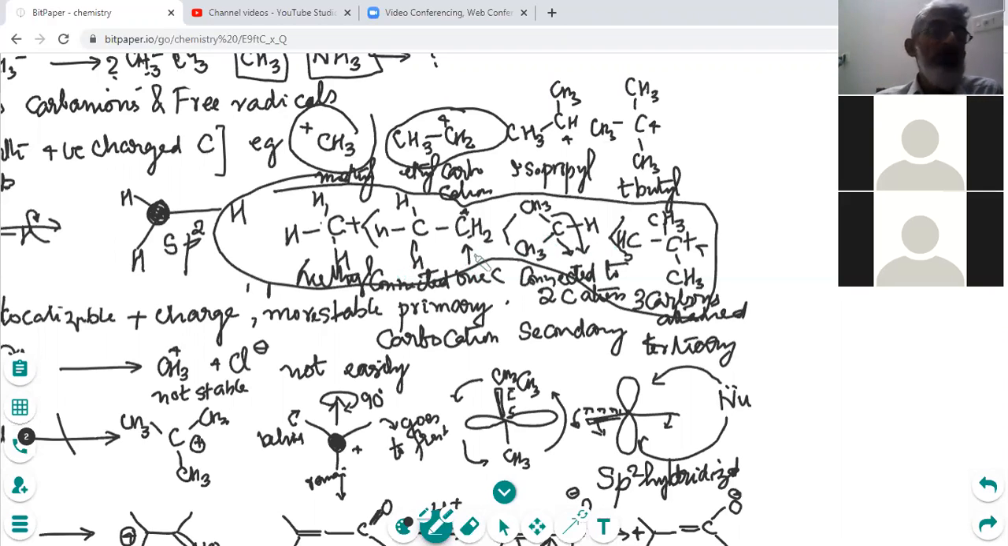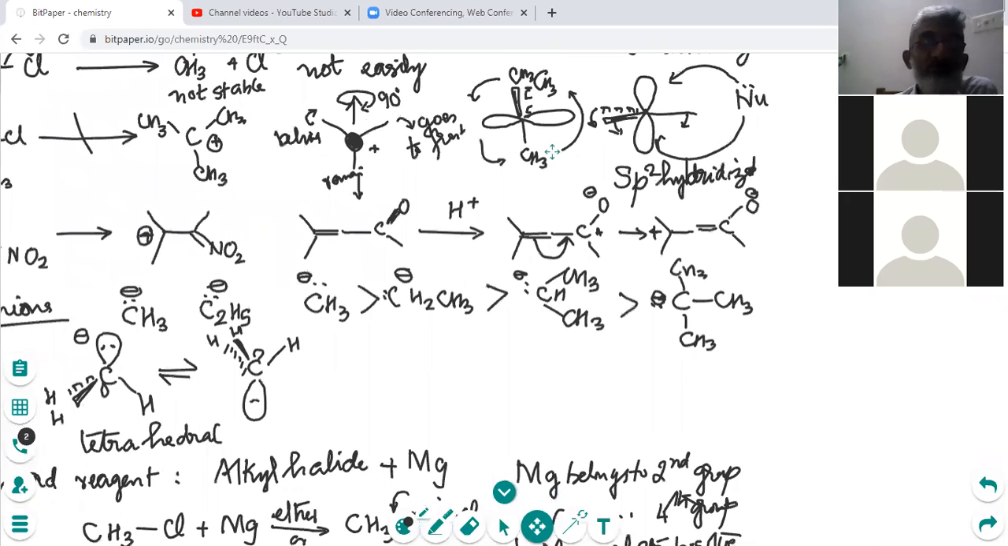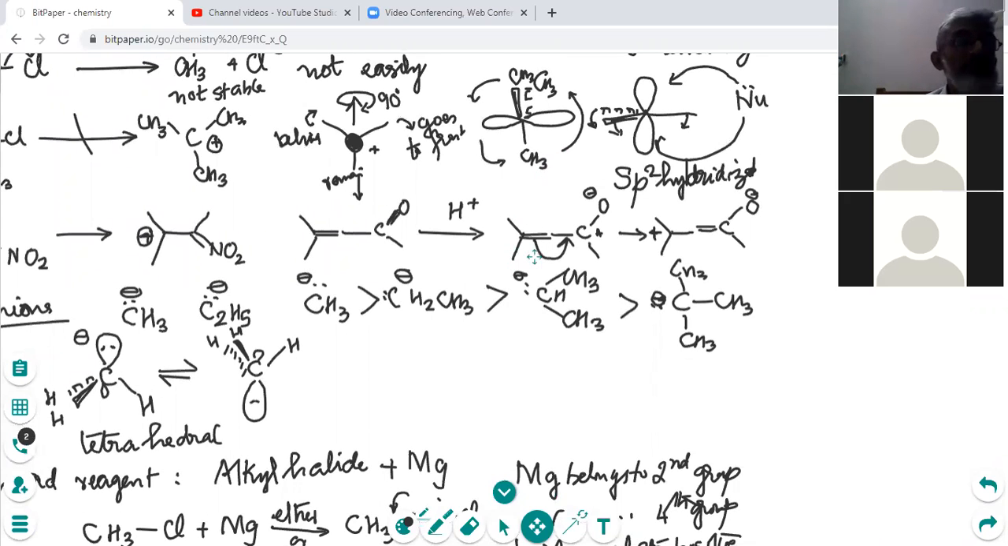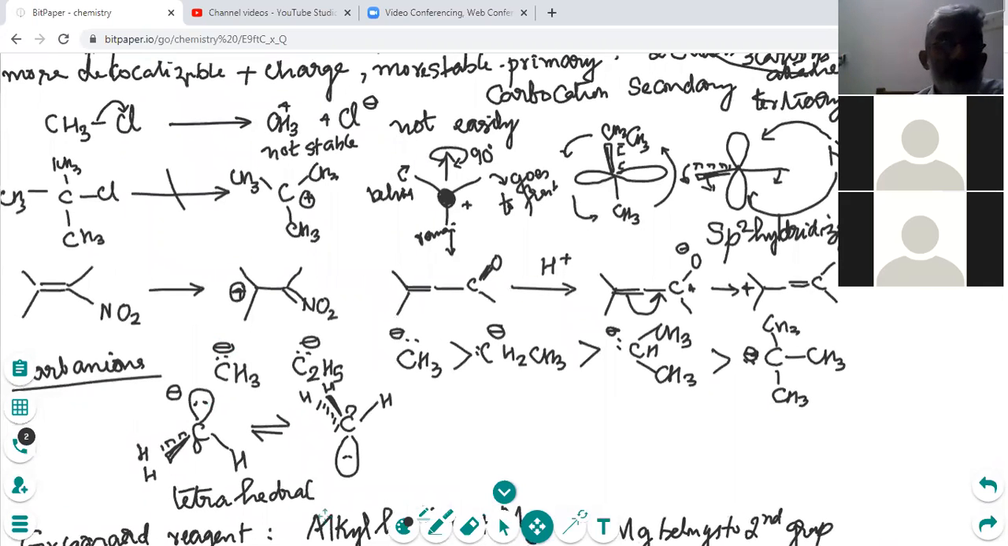Now, formation of carbocations. How can you form a carbocation? By heterolytic bond fission, you can form a carbocation. Now, what is the type of heterolytic bond fission? Let me see whether I have written something here. See here, formation of carbocation. CH3Cl, by heterolytic bond fission, forms CH3 plus. But remember, this is not very easy because you can